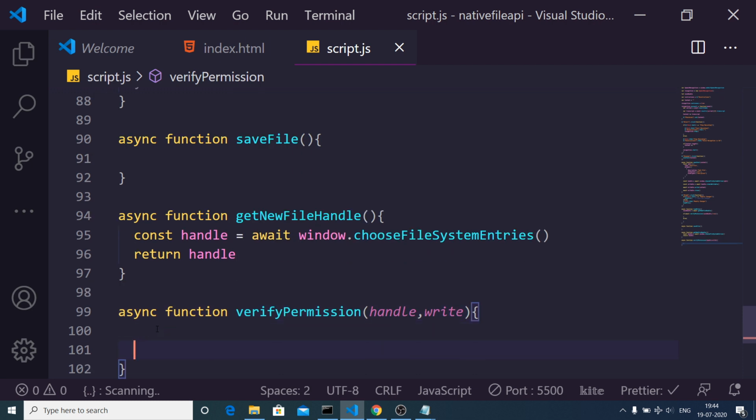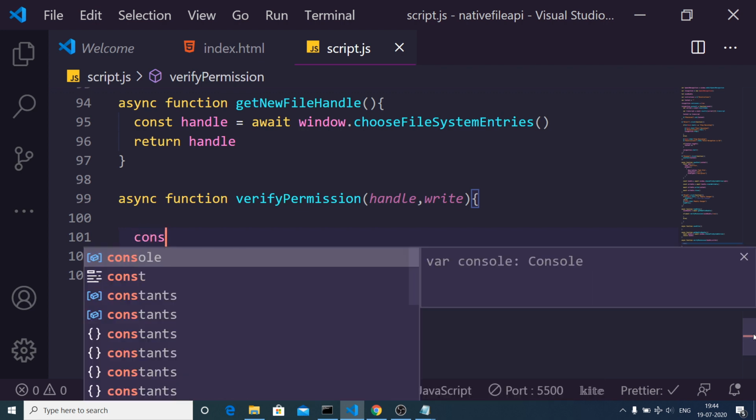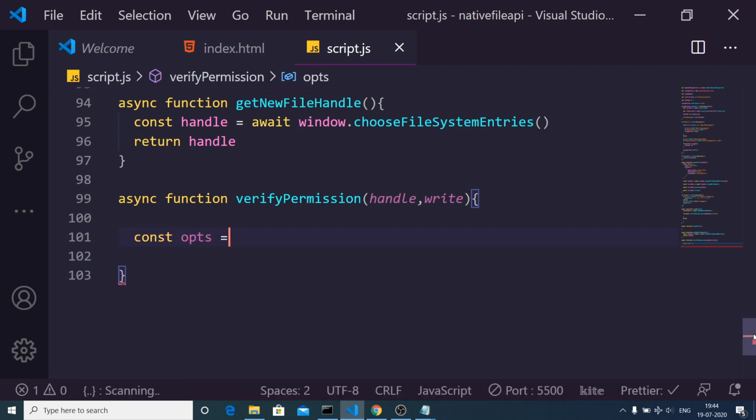Inside this function, guys, there is boilerplate code inside the native file system API. Every time you load a file from your local file system, you need to grant some permissions to your browser, which will automatically come inside this function. So here we will have an empty array, which will be const options.